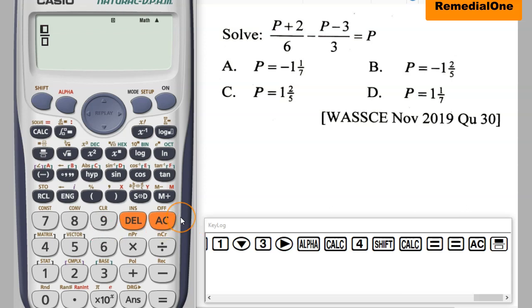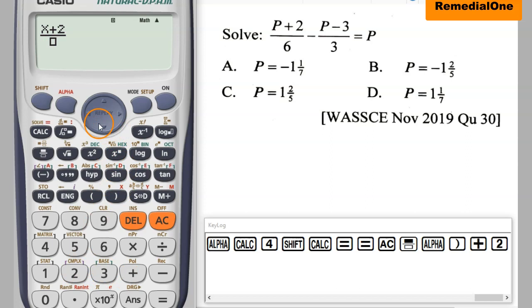You need to know that's how they like this kind of question. They will not bring it straightforward for you to solve. There will be a fraction involved, so you have to learn how to do that. We have a variable p, but the calculator doesn't have a variable p, so we're going to use a variable x. So we go to our f and we pick our x here, plus 2, all on 6,